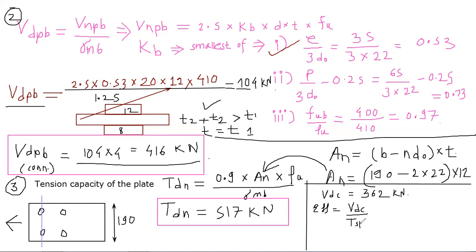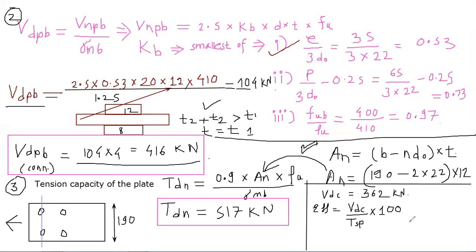Now this is a new formula. You all should note down this formula. This AN formula is also a new formula. You note down these new formulas, and don't forget them. Write it down: VDC divided by TSP, where TSP is the tensile strength of plate, multiplied by 100. This is the efficiency of the connection. Okay, how efficient is your connection? That we can find from this formula. Now, how to find the value of TSP?